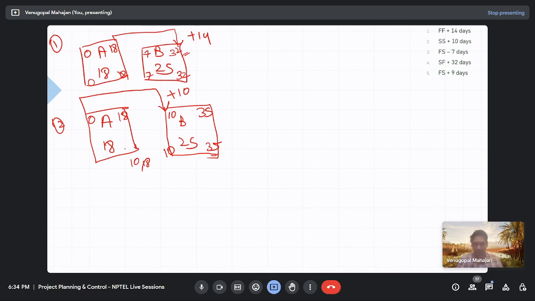Whatever example we are solving right now, we are not splitting the activities. If some activity has to finish by 35, you would say then it has to start by 17, but we are not splitting the activities. So in this case, we won't be going in this manner. There is no relationship that is showing the value 10 here, so it would be 18 and 0.